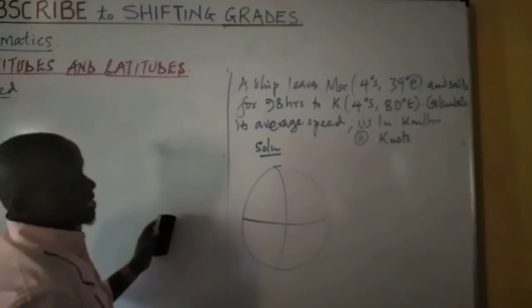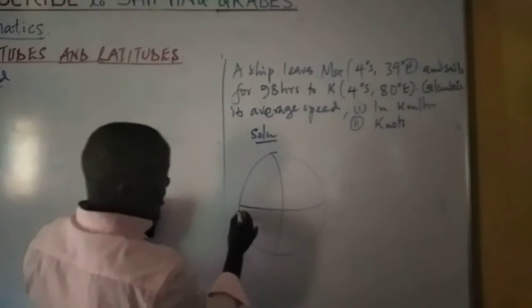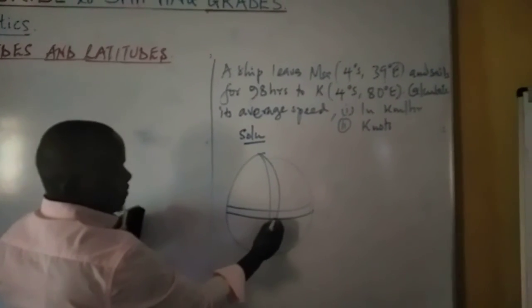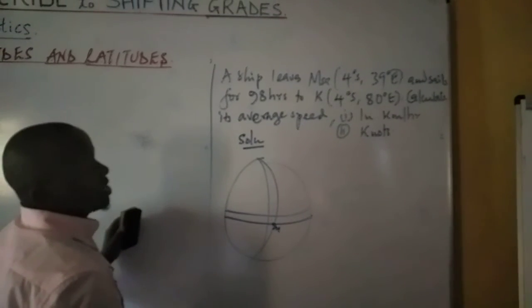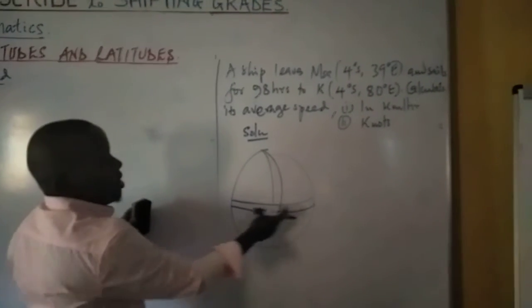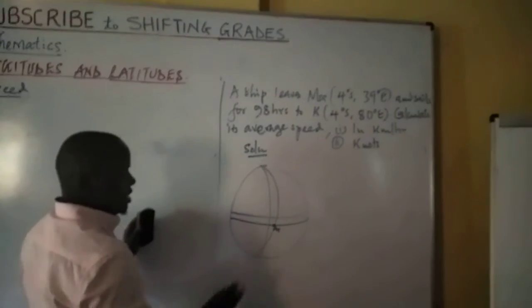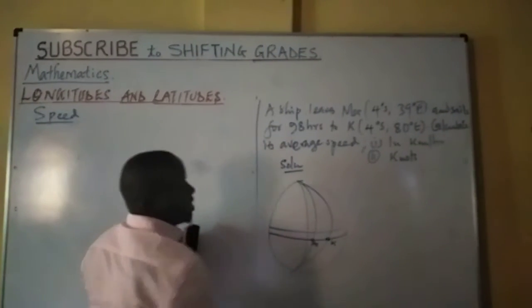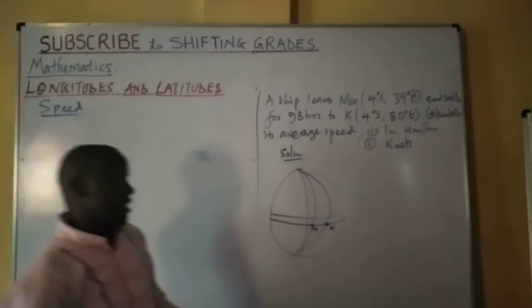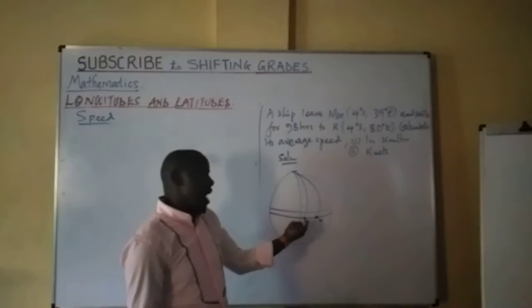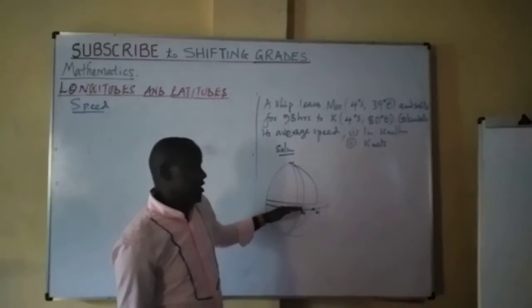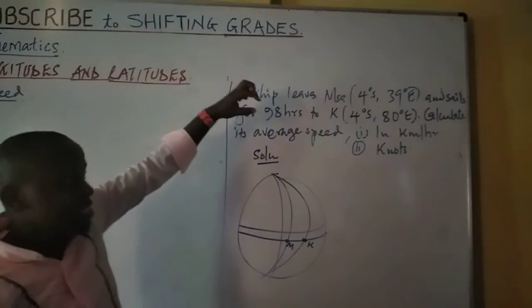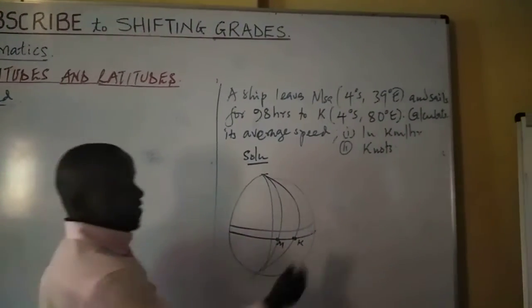We have Mombasa, 4 degrees south and 39 east. Therefore, this is Mombasa. Then place K is 4 degrees south, so the same latitude, and 80 degrees east. So with that, we can see that the two places are on the same latitude. Therefore, we are getting distance along a small circle in this case. First of all, in kilometers, so that we may get speed in kilometers per hour. Therefore, distance